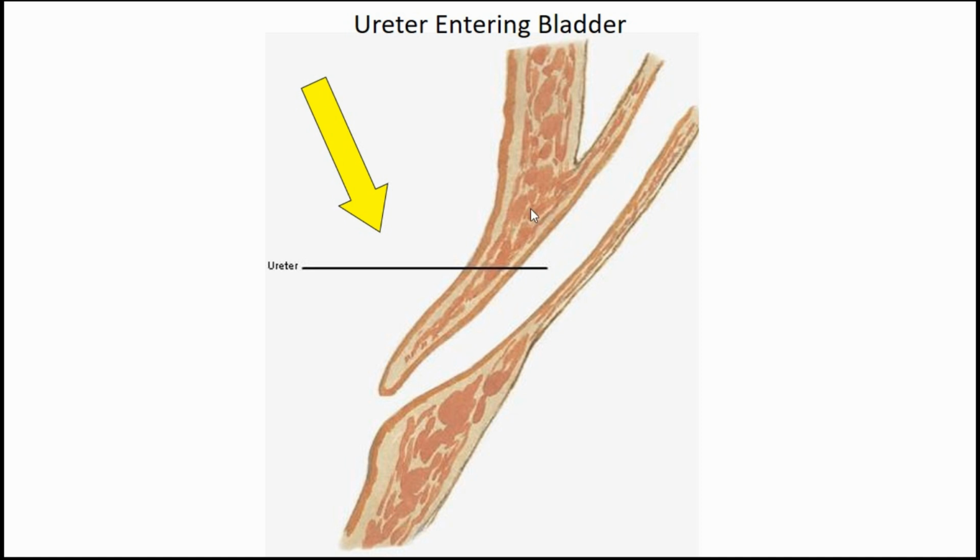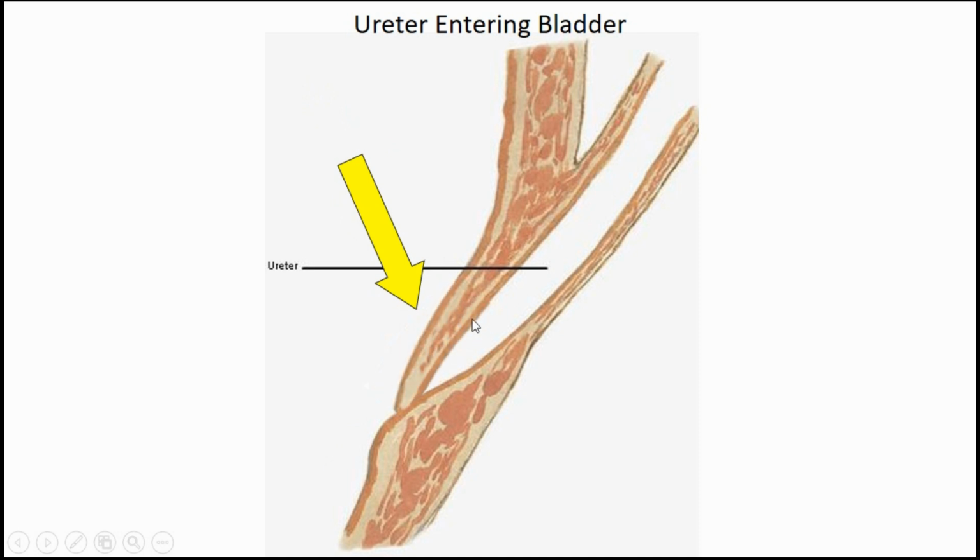So to keep urine from retrograde flowing, the ureter itself is very muscular, and it's going to peristalse and push urine into the bladder. And as urine fills the bladder, it actually pushes down on this flap. Because the ureter enters in an oblique manner, this flap gets pushed down by the pressure of urine in the bladder and actually seals off the ureter. Fortunately, the ureter is strong enough it can peristalse and quickly spurt some urine through before that flap closes